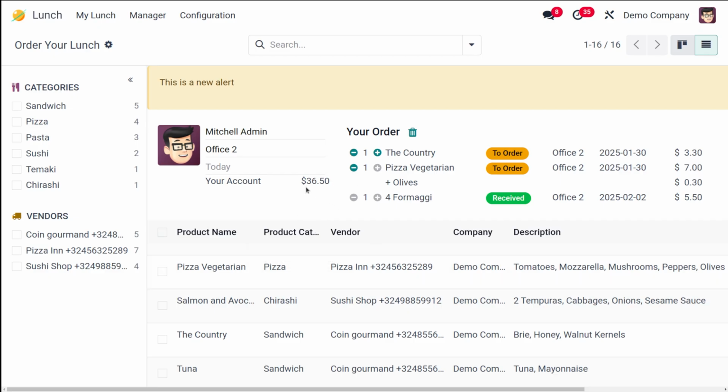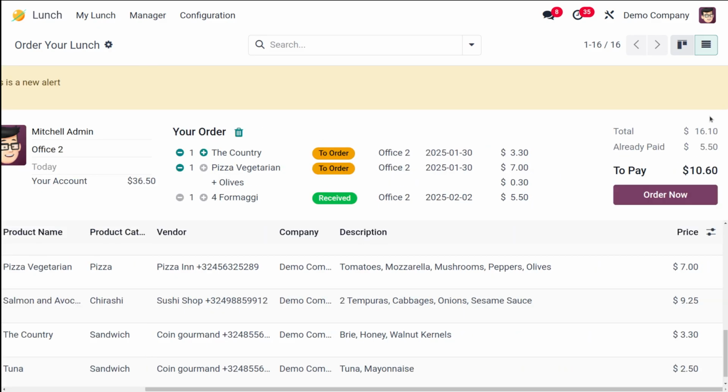And along with your account information and details of all the orders placed today, you can see the product status tag, that is, to order. The ordered ones can be seen, whether it's sent or received. You can adjust the product quantities by clicking on the plus icon, and the right side of the summary shows the total cost. You can see the total cost over here, whether it's already paid or not, how much is already paid, and all is given here in detail.